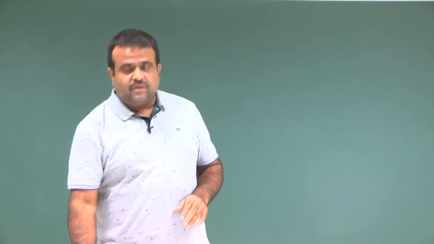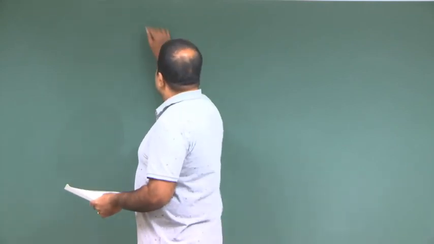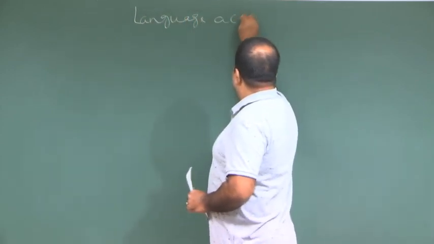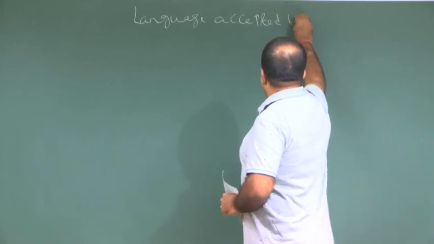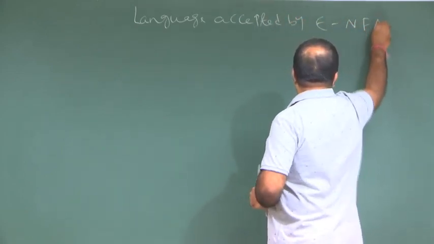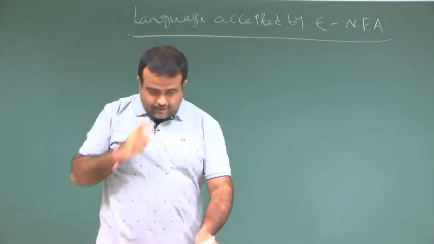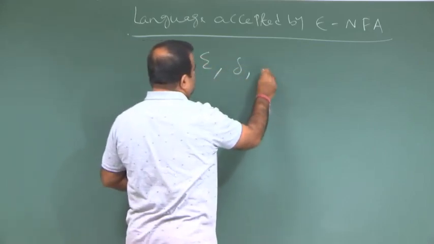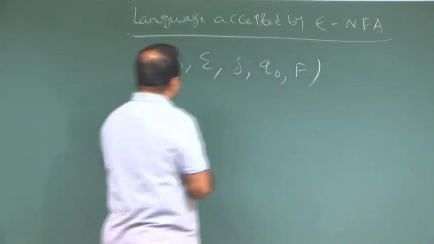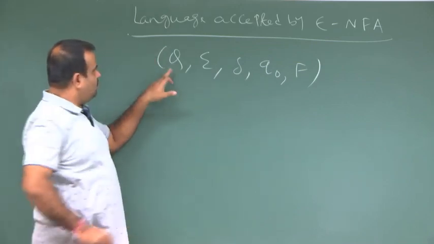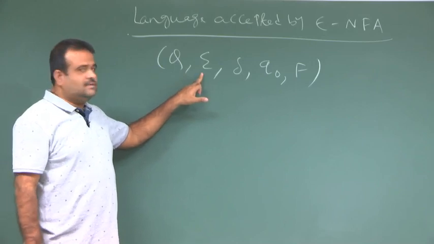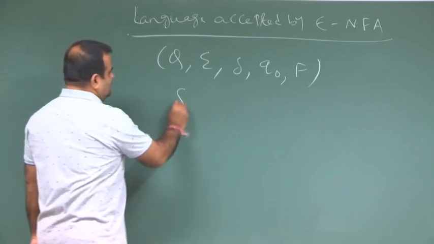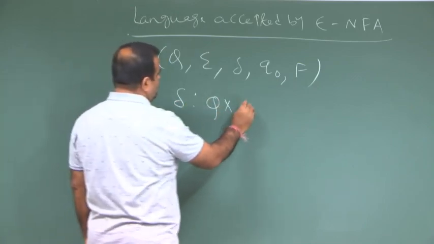Okay, so we are talking about ε-NFA. Just to formally define the language accepted by an ε-NFA, suppose we have an ε-NFA (Q, Σ, δ, q0, F). We know Q is the finite set of all states, Σ is the set of all possible alphabet symbols, q0 is the starting state, F is the set of final states, and δ is the transition rule, but here